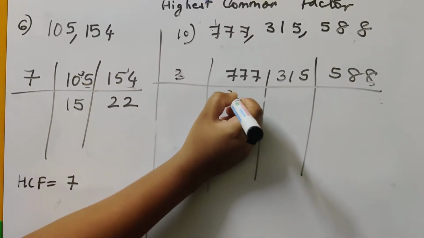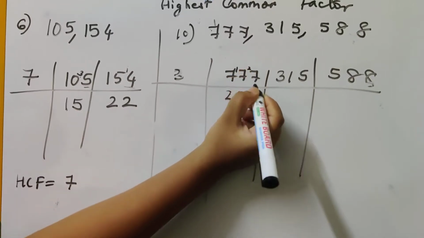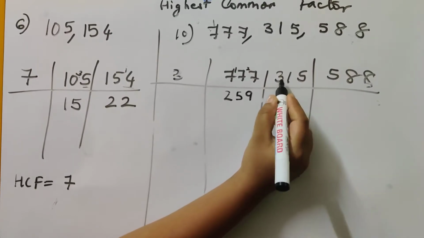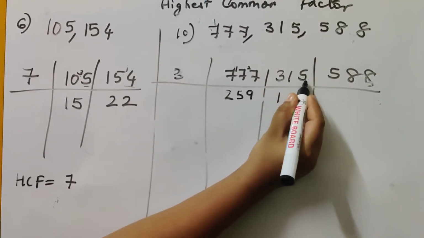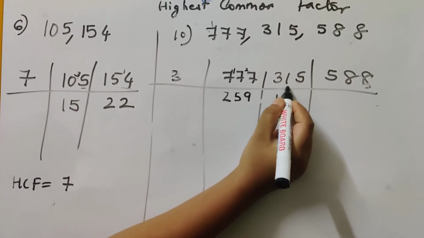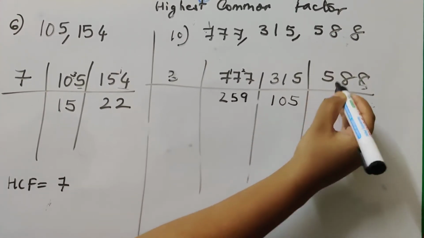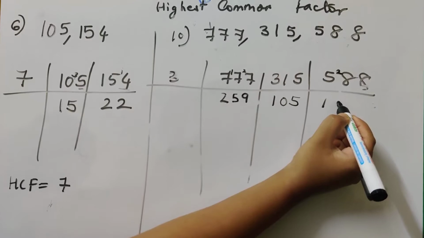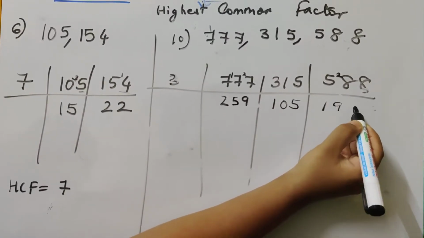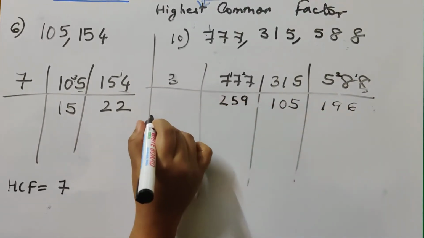3 2s are 6. I have a remainder 1. 3 5s are 15. Remainder 2. 3 9s are 27. 3 1s are 3. I have taught you there's no remainder, but there's 1. You cannot take it as 15. What do you write? 3 zeros are 0. Then you can read it as 15. 3 5s are 15. Again, 3 1s are 3. Carry 2. 3 7s are 21. 3 8s are 24. 3 9s are 27. Carry 1. And then 3 6s are 18.